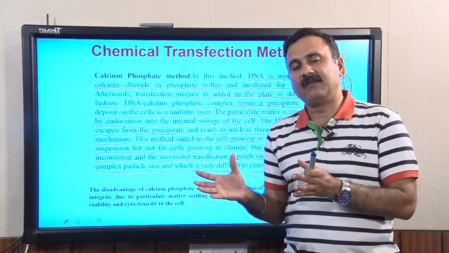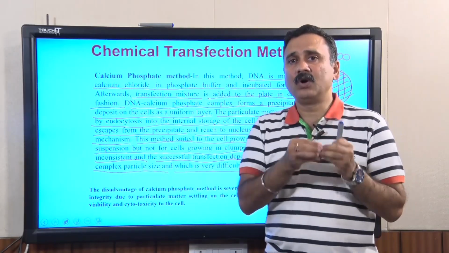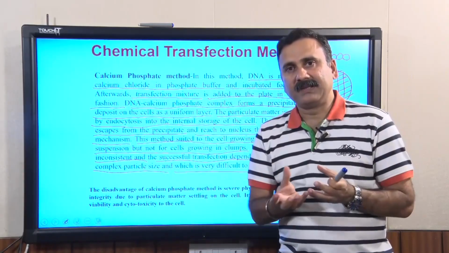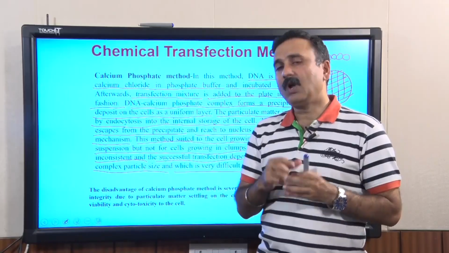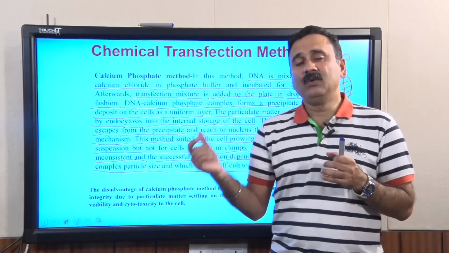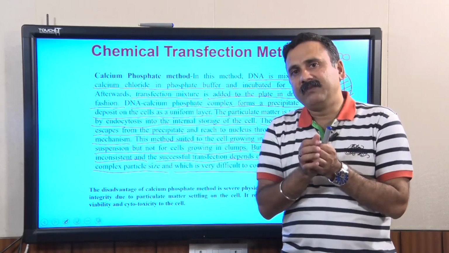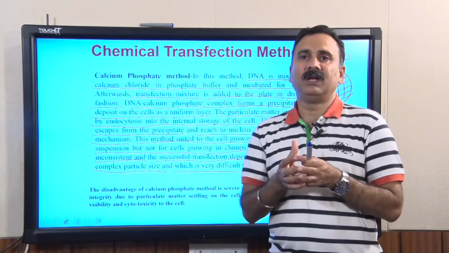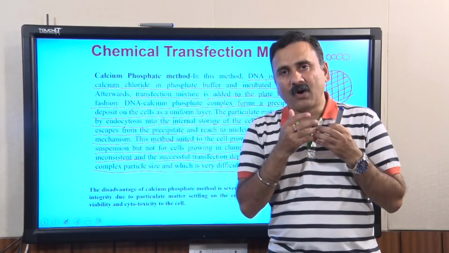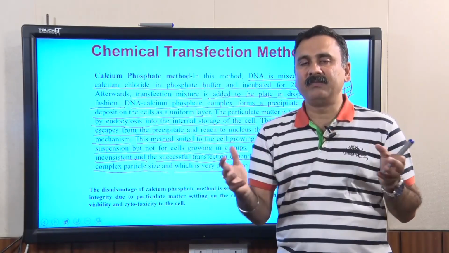If the cells are present in the suspension, they should be a single layer suspension, not cells adhering to each other or forming complexes. The second thing is, when you are adding the calcium phosphate to the DNA, the calcium phosphate makes an aggregate with the DNA, and you have to optimize the conditions in which these calcium phosphate aggregates form,